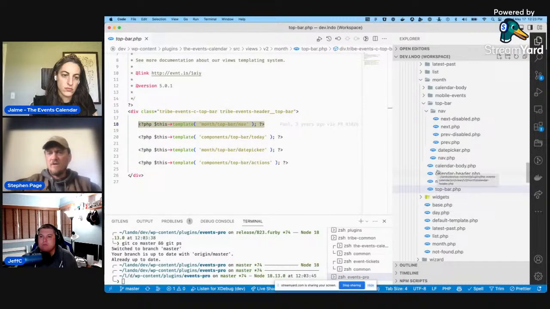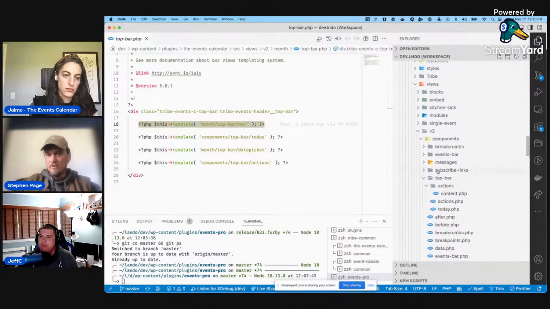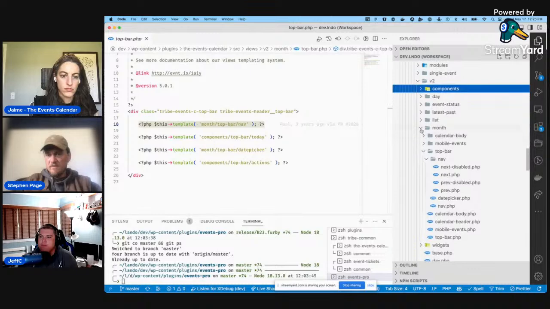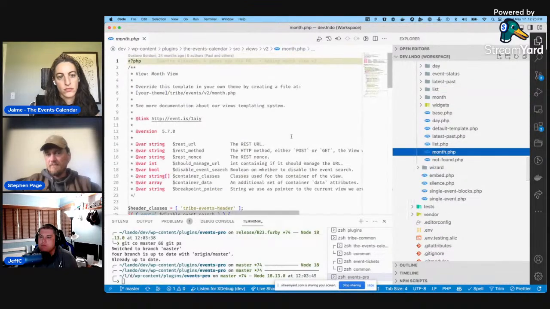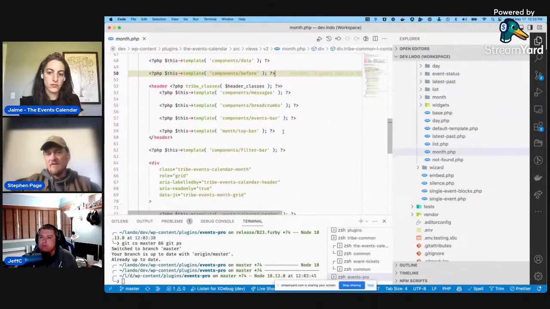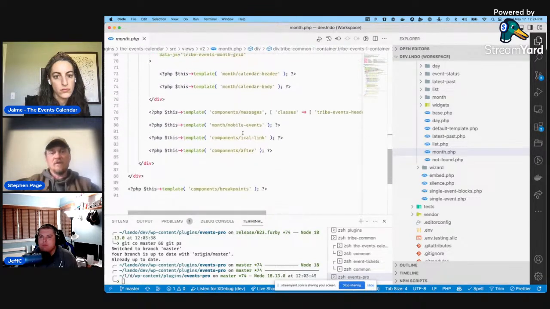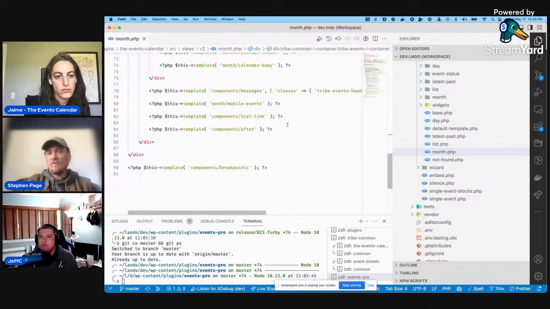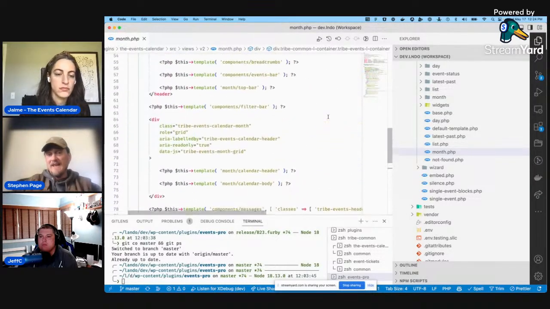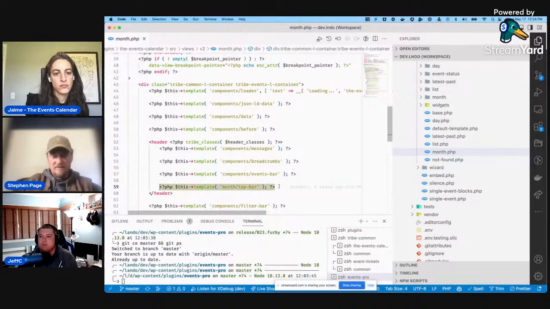So you would want to go to month, okay? In the month view, we're doing that same thing, right? Here's the top bar. So this calls the main top bar filter or template and outputs it here. And what you'd want to do is go down here, say above the iCal link or below the iCal link, and add a similar template call. So if we did this